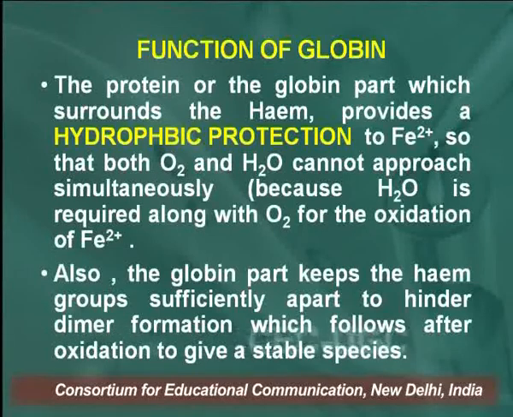So around the heme there is the globin or protein part which provides a hydrophobic protection. Hydrophobic means water repelling. It does not allow water molecules to approach the heme unit